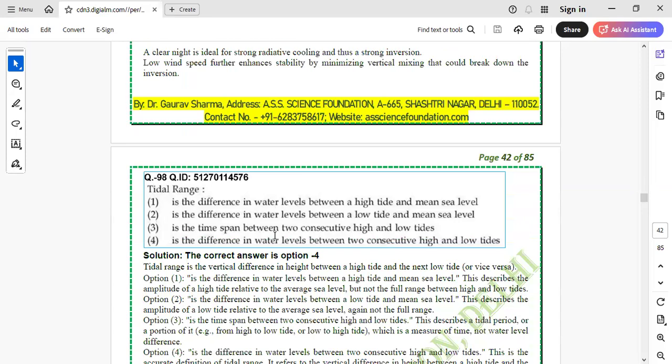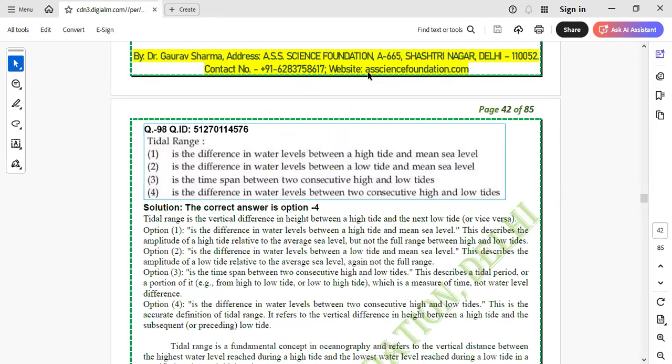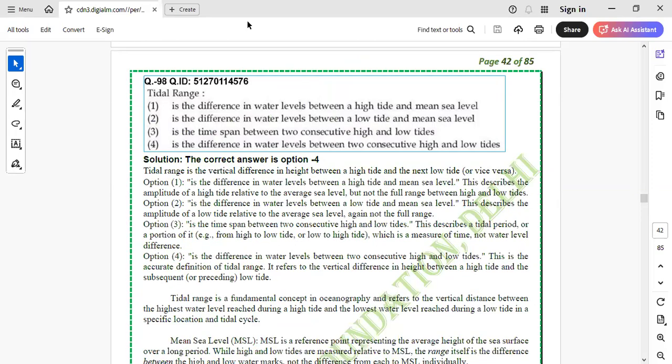Next question. ये तो मैंने कल पढ़ाया है, this exactly we have done yesterday. What is tidal range? Half of rho g A R square. तो टाइडल रेंज मैंने कल ही पढ़ाया था आपको ये क्वेश्चन, ठीक है? तो कल मैं पढ़ा रहा था क्लास में, तो मैंने बताया था आपको 98 क्वेश्चन,